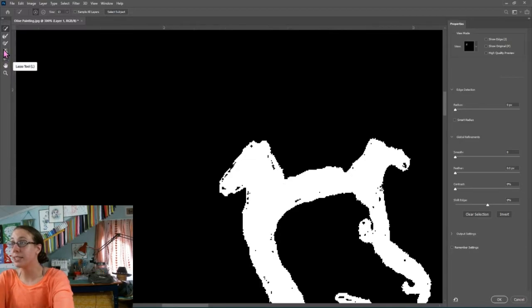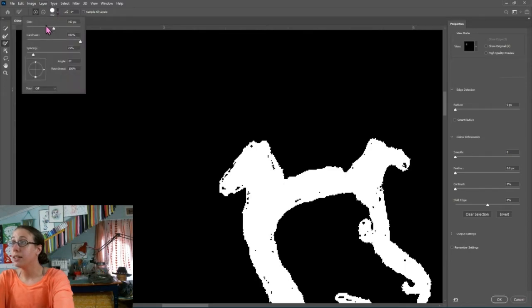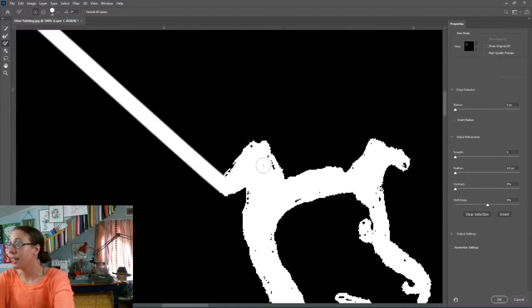The lasso tool works in here, of course. Here's the brush tool. Let's try it. It might give us the fuzzy edge that we're trying to avoid, which is what I'm hesitating a little bit about, but hopefully this is helpful even if you aren't working. I'm not sure why